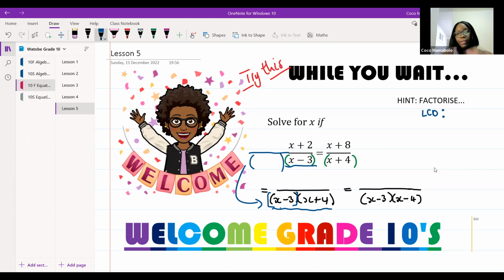Anybody got an idea? I want them to look identical, the bottom and what's missing from the top. That's it from Vaughn. Thank you, Vaughn. That's it. The x plus 4 is missing. And if you know anything about the rules of fractions, what I do to the bottom, I'm going to have to make sure I do as well. So if I multiply by x plus 4 on the top, then on the bottom, I'm going to have to multiply by 4.